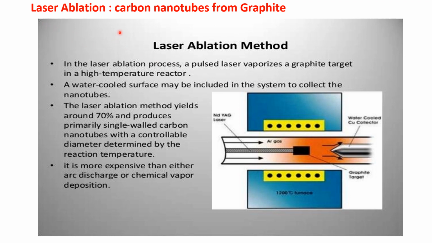Another method is laser ablation, and it is mostly used for producing carbon nanotubes from graphite. In the laser ablation method, a pulsed laser is used to vaporize the target in a high temperature reactor. A reactor is there, meaning a tube, suppose a quartz tube, inside a furnace, and some laser, suppose an Nd:YAG laser, and from the target the carbon or some carbon nanotubes